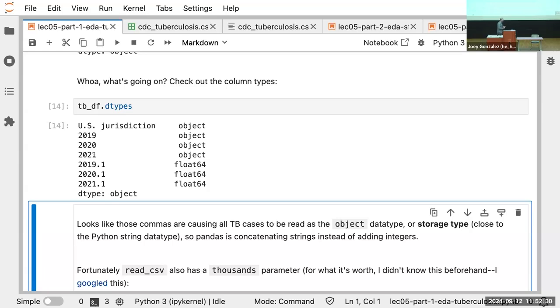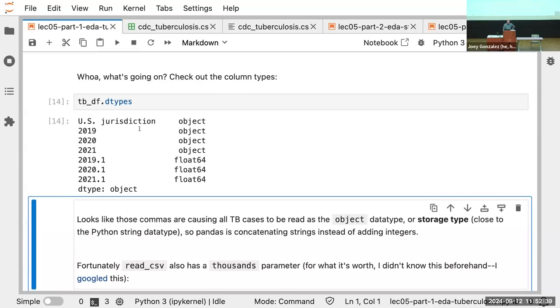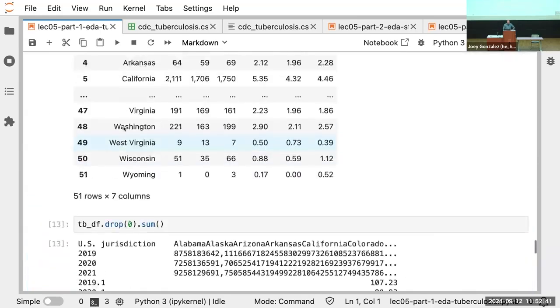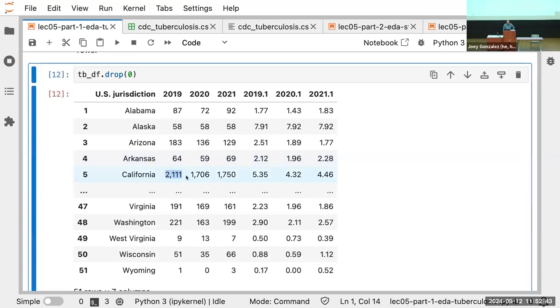Objects are things like strings, lists, dictionaries, all these more complex objects, which again includes strings. So this thing here is a complex object. Why is that a complex object? Probably a string. Why do we think that might be a string? Python goes 2, 1, 1, 1. You got a comma there. What's that comma? Punctuation. It's a string.